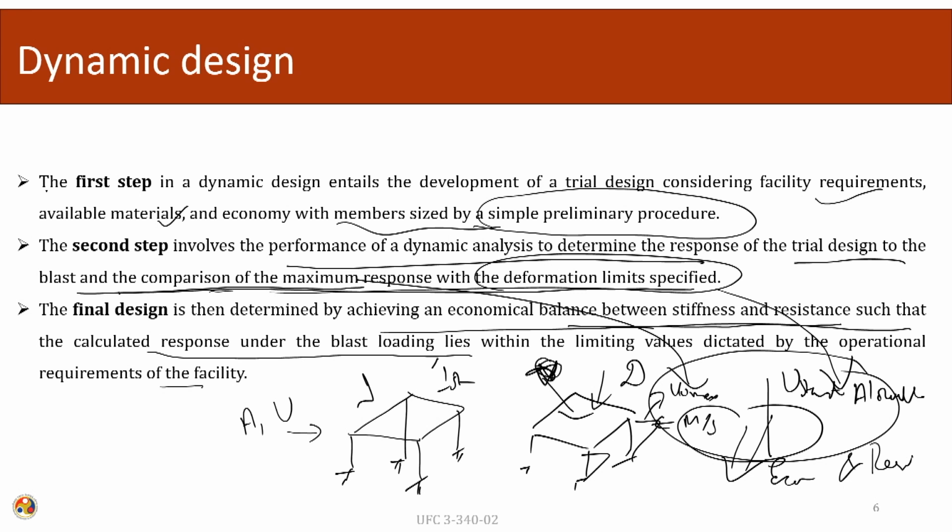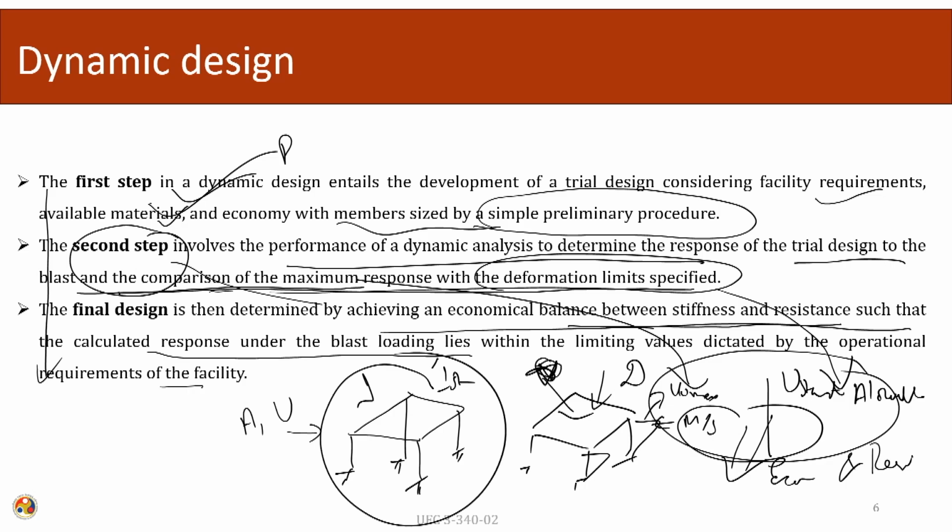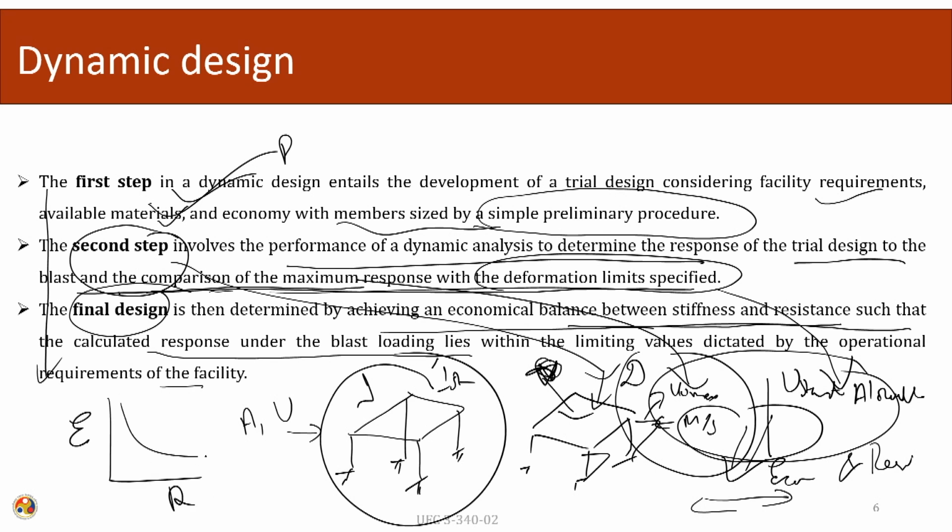So, these are the 3 design steps. Initial design, the preliminary arrangement of the elements, then the analysis, to check whether they are under deflection limits or not, and once this is checked, then this design is optimized to obtain a parity between the economy and the resistance of the system. And then the most economical design within the due limits of the resistance is adopted. So, in this way a 3-step design procedure is followed.